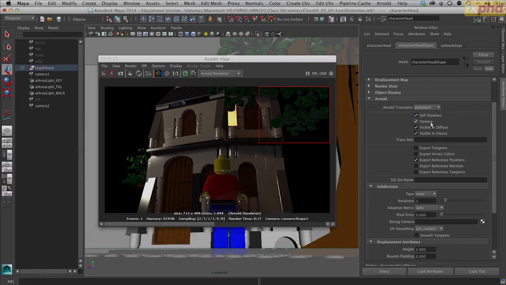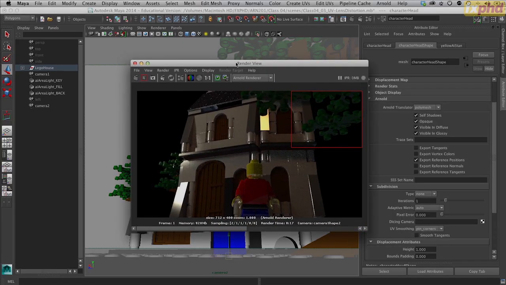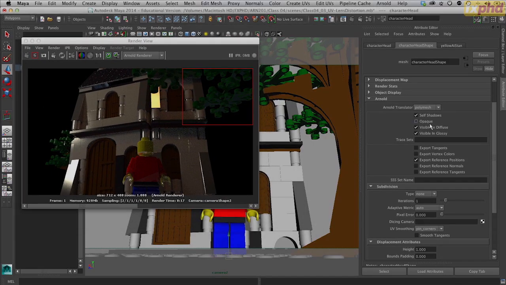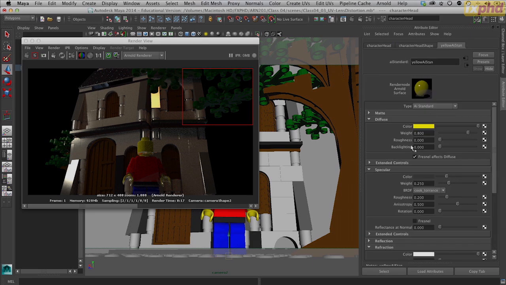Then we have opaque here, and what this basically does is determine whether the object is considered opaque. For various shortcuts that Arnold does, having this on basically speeds up the render, but if we need something to be transparent, this needs to be off. So if we stay with his head and we just come down and switch opaque off,